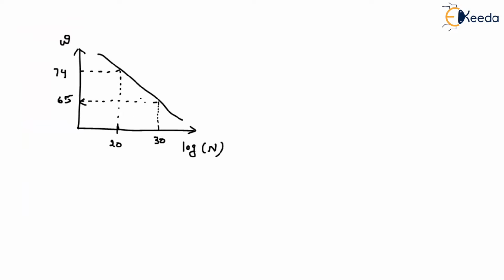Now, how can I get the value here, at 25 blows? What you can do here is, from 20, either you can decrease the value, or from 30, you can increase the value. So you can choose any one. Let us say if I am taking 20, then it will be 74 minus this much quantity. If I am taking 30, that will be 65 plus some quantity. Why? Because if your number of blows is increasing, your water content will decrease.